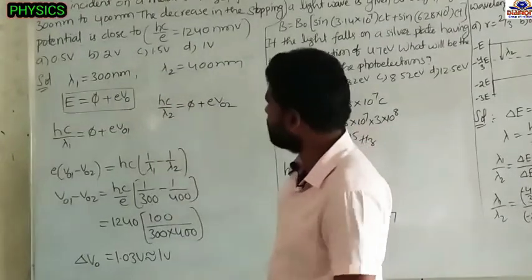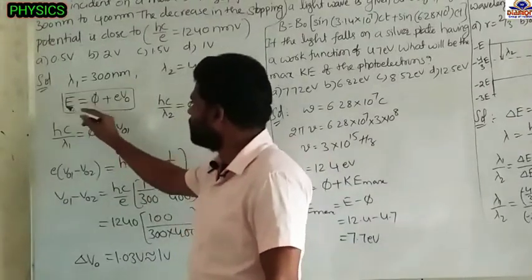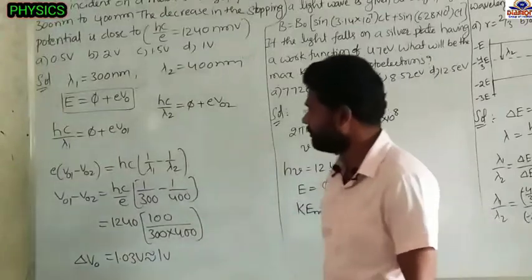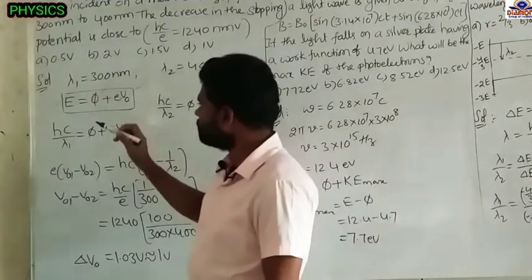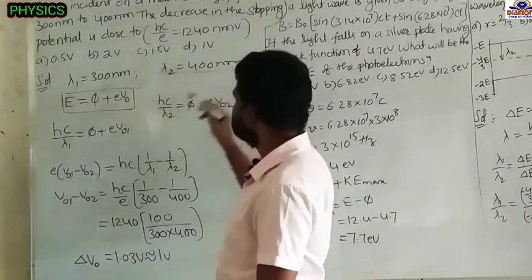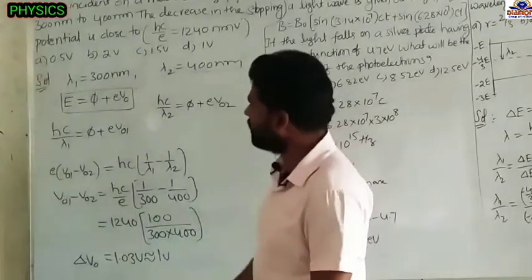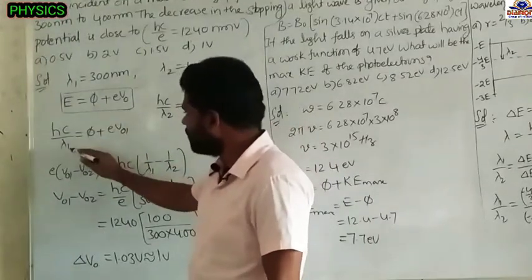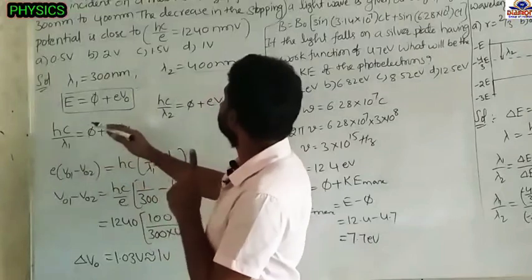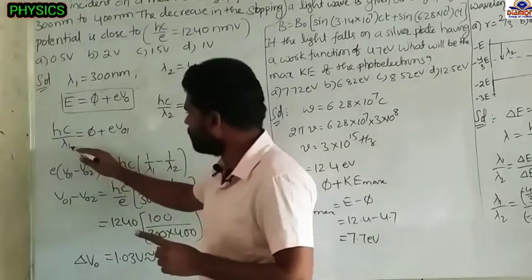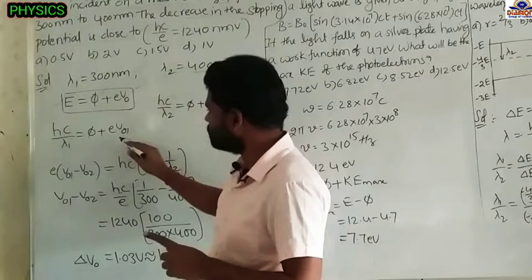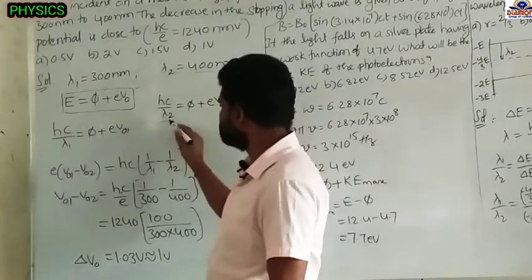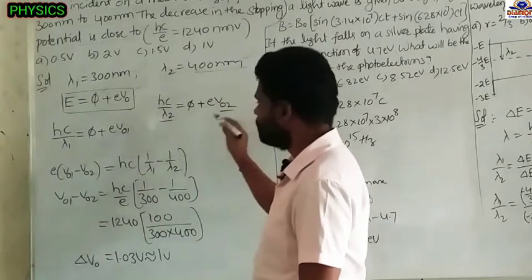So now write out the photoelectric effect formula. Energy of the photon equal to the work function plus stopping potential energy. I am writing formula in terms of the stopping potential. Okay. So first case the wavelength is 300 nanometer. Second, this is changed to 400 nanometer. So I am writing the energy of the photon in terms of the wavelength. So hc by lambda 1, first wavelength of the light, equal to work function plus eV0. When the wavelength is lambda 1, then stopping potential is V01. When the wavelength changes to lambda 2, then stopping potential is V02.